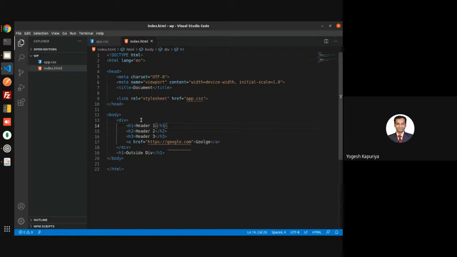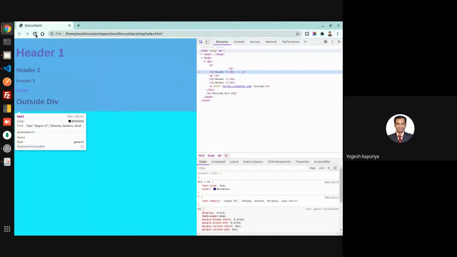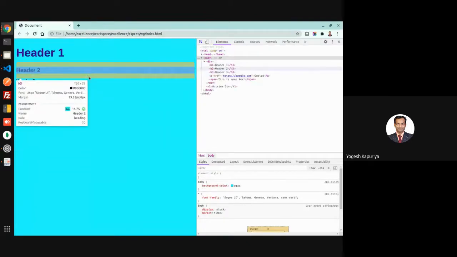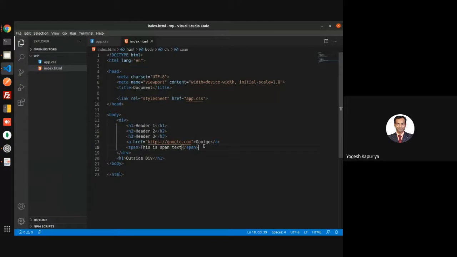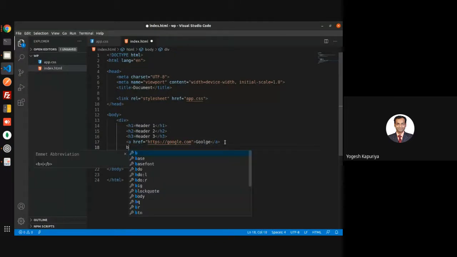Let me give you another example. Let's say we have a span. By default it looks like this. This is a span text. Let's put it on a new line so that you can have a clear understanding.